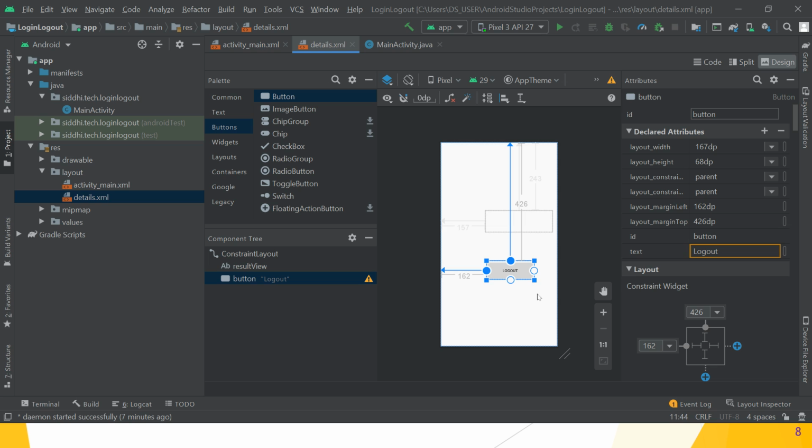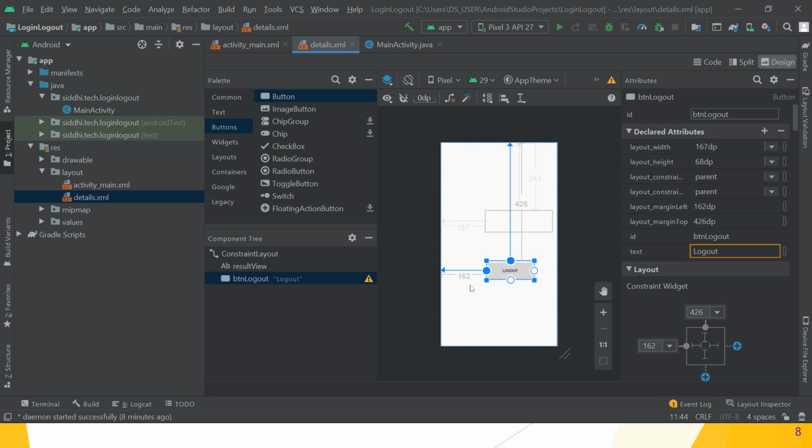After that, change the ID as button logout. Great. So this is the second XML file. When you click on logout, automatically this screen is logged out and switches to the activity_main.xml form. So these are two windows we have first designed.